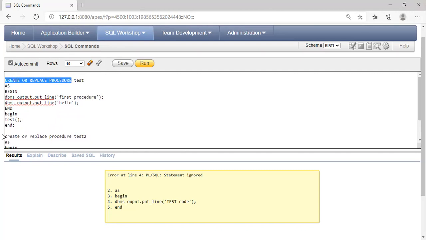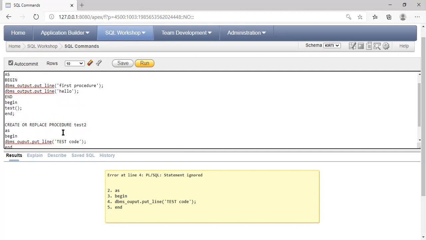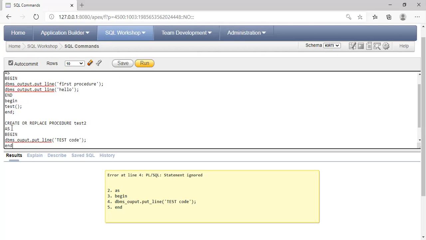Create procedure. We will go through the format, test2, then add, then begin, then end.